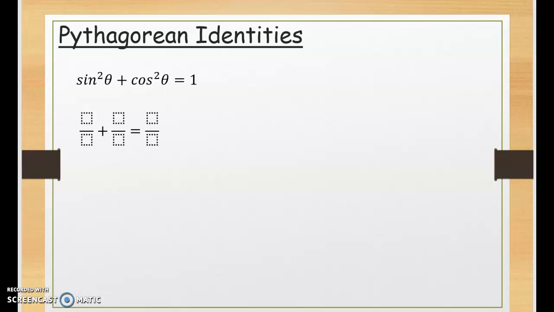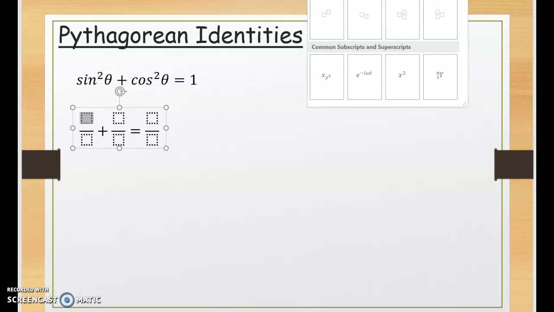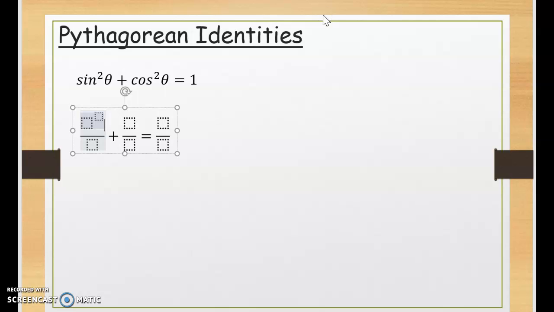Okay, so again, some of you guys are going, why are there fractions again? Because mathematicians are curious. So after the first identity was discovered, sine squared theta plus cosine squared theta equals 1, mathematicians couldn't help but ask themselves, I really wonder what would happen if I were to take this first Pythagorean identity and start dividing both sides by, let's say, sine squared theta or cosine squared theta. So let's try dividing both sides by sine squared theta first. So if I were to divide both sides by sine squared theta,